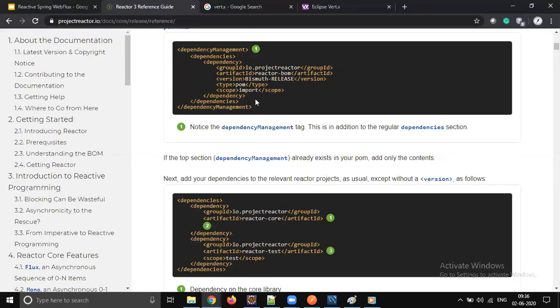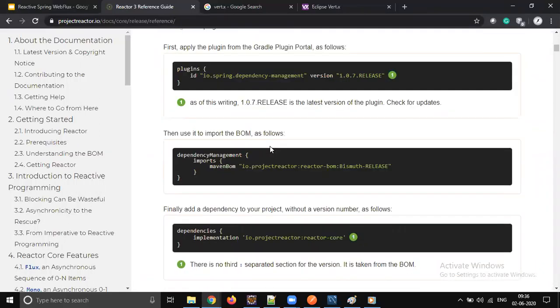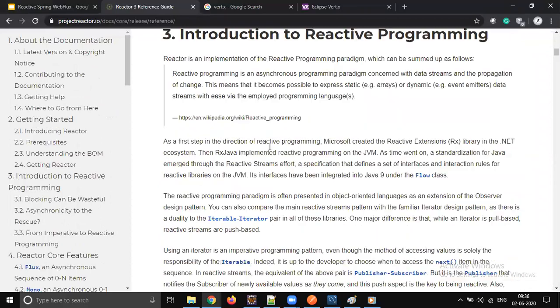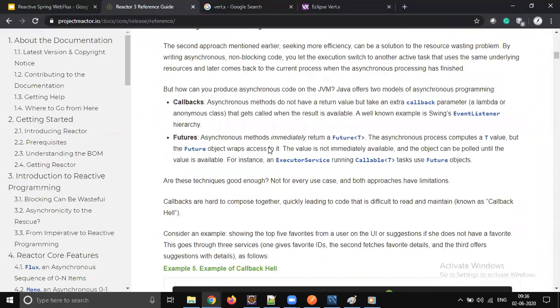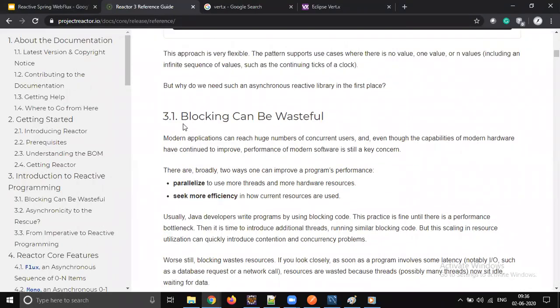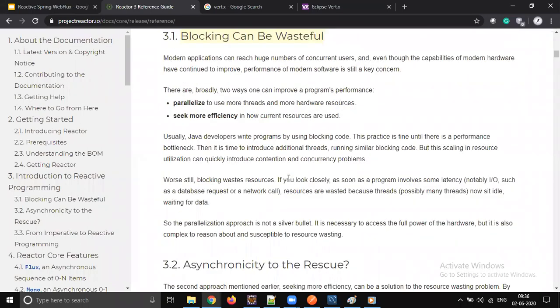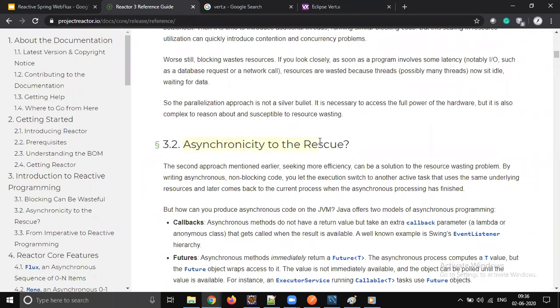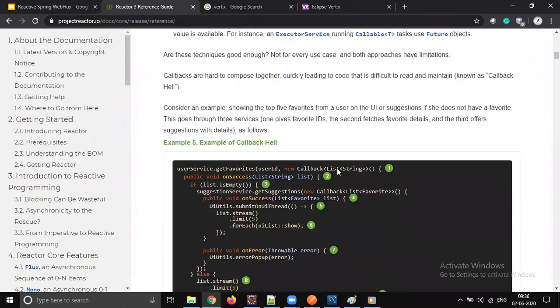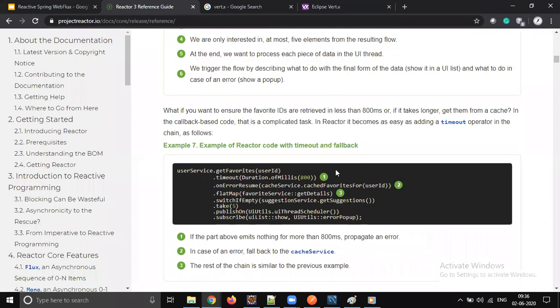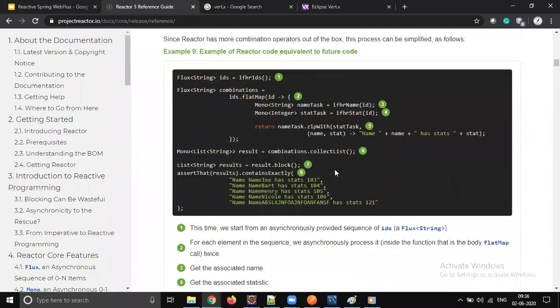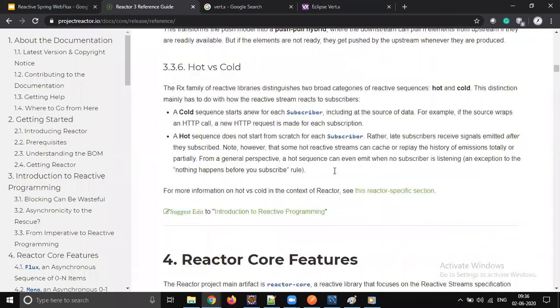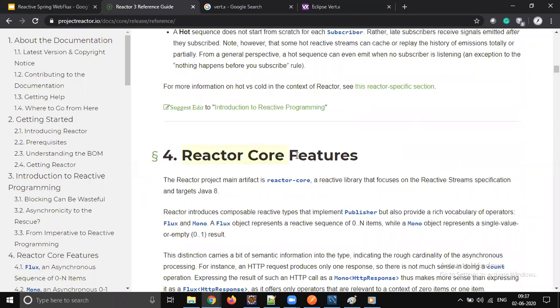We no need to do that. We will add WebFlux, and WebFlux automatically takes care of these internal dependencies. We no need to add any extra dependencies. Okay, that's fine. But scroll down. It's very beautiful material, explaining what the issue is with blocking, why asynchronous won't work, and why we should go for Project Reactor. But the benefits we will discuss later.